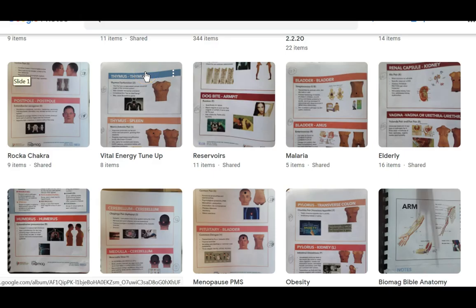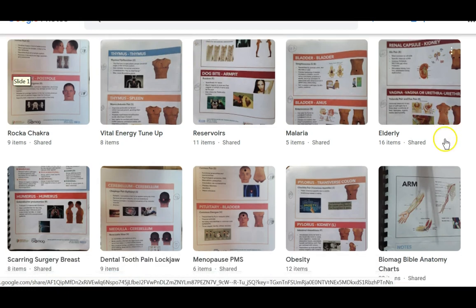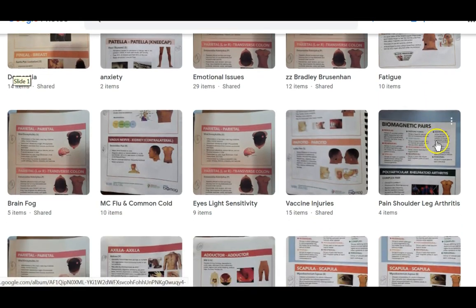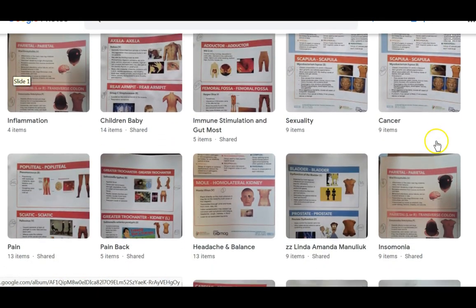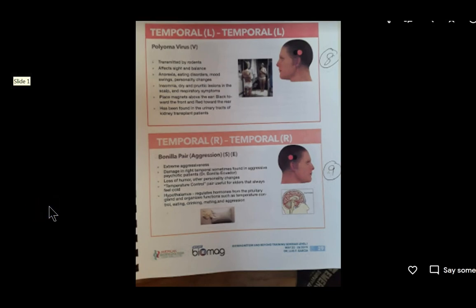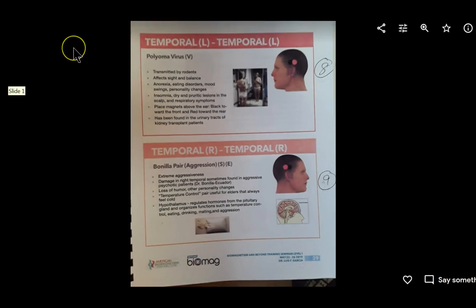And I'll go through a vital energy tune-up session in Rocket Chakra in another video. But let's focus on what we can do to help our children today with some of these placements we all can do to help our children. So Dr. Garcia and Dr. Goyes have gotten together quite an extensive list of what we can put on children placements. Okay, so the very first one,